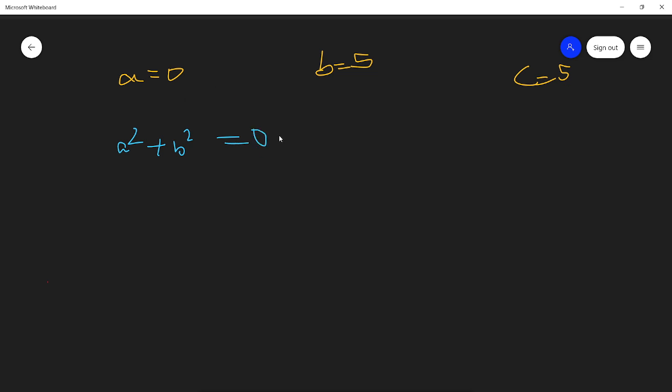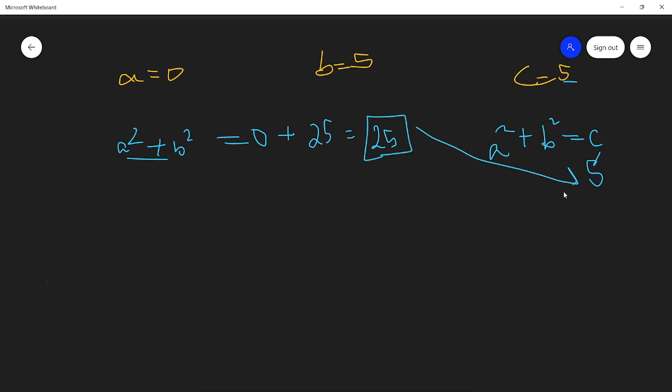It's 0 square plus 5 square, which is 25. But ideally we want a square plus b square to be equal to c, and c is 5. But here it is coming 25, which is way higher than 5, so we should decrease the value.